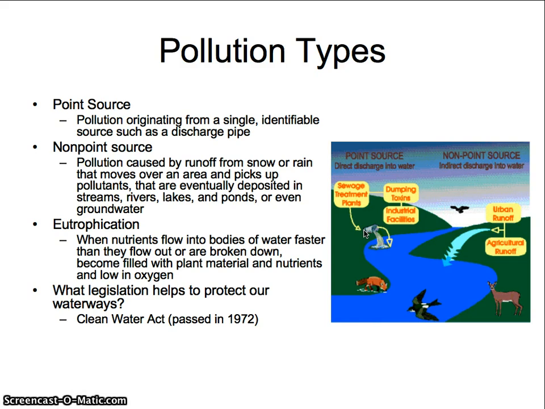Bacteria then begins to break down the plants. This causes a decrease in oxygen levels because bacteria use oxygen and give off carbon dioxide. So you have a decrease in oxygen levels with eutrophication. This then affects animals that live in the water, such as fish and shellfish and big fish. So these 3 different types of pollution are very important when we talk about the health of our watershed.